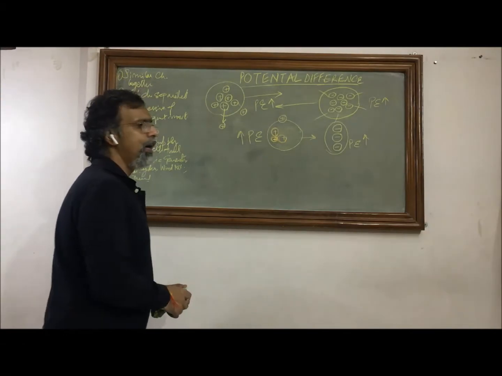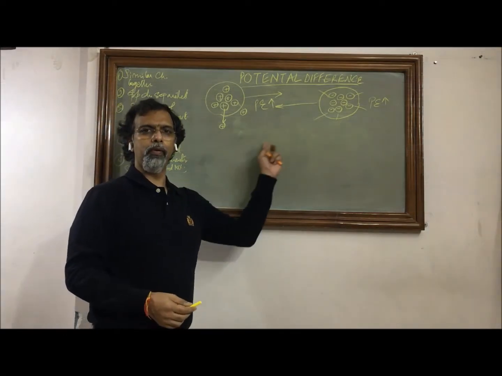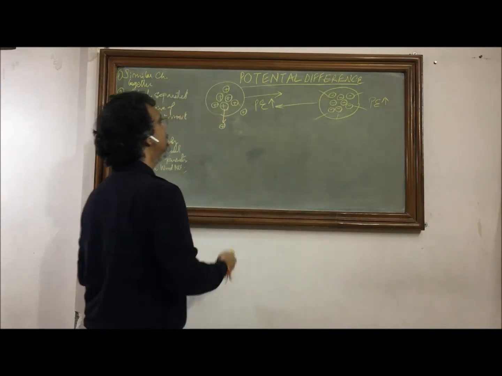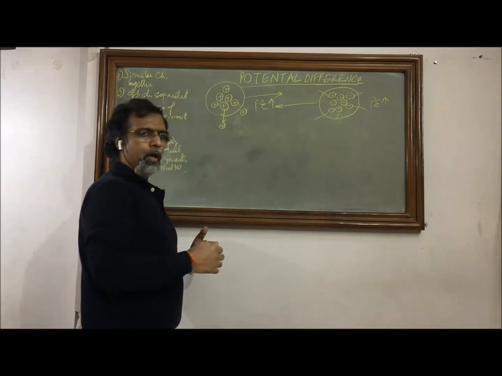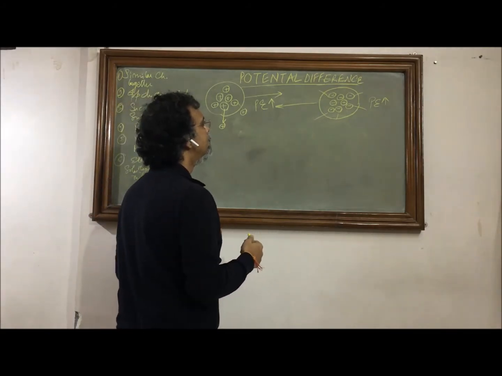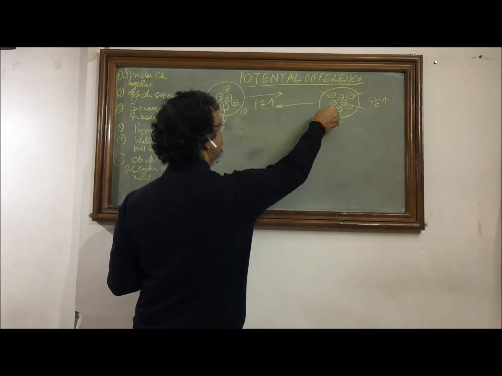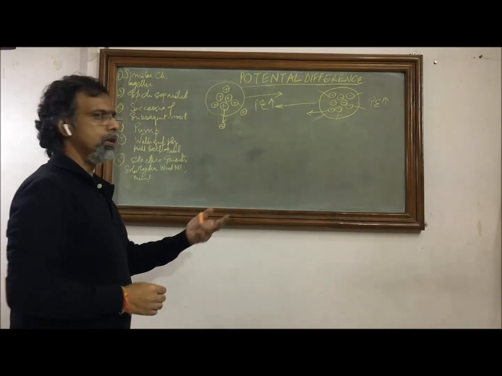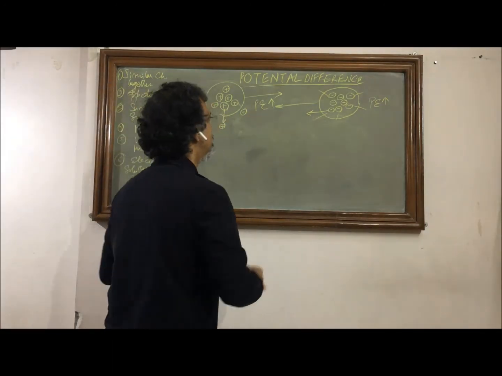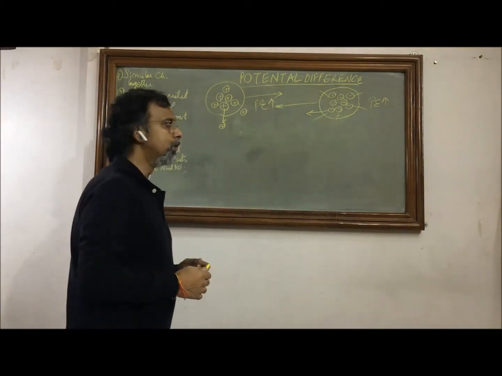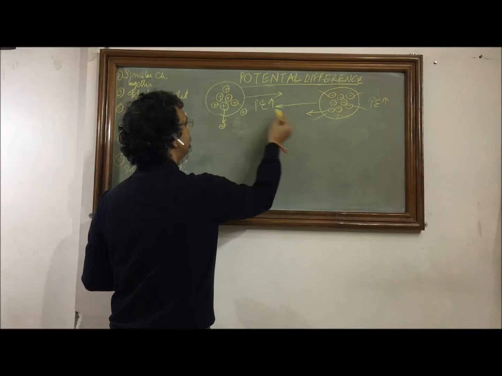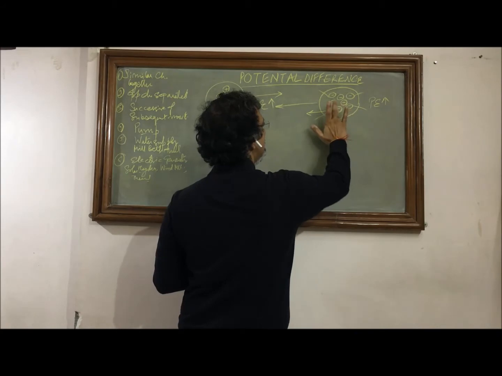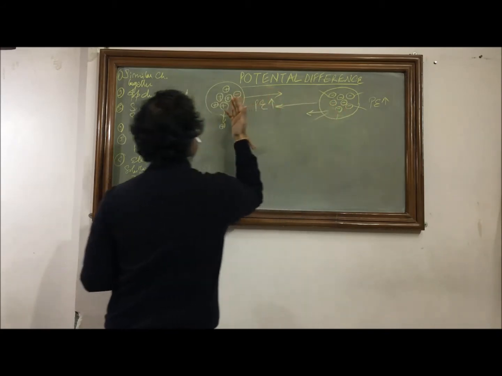Now let us understand one more important concept. We take this example. Initially we have some negative charge here and some positive charge. Now if it is let free, one charge would move from this place to this place under the spontaneous tendency from higher potential to lower potential energy. So this moves. Now we have a negative charge here, and I wipe it from here because this charge has moved from this place to this place.